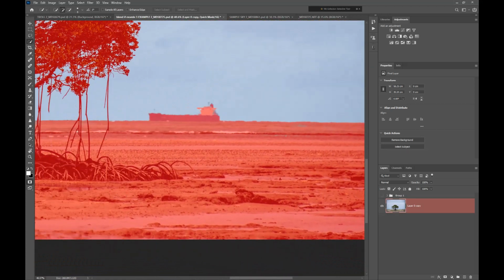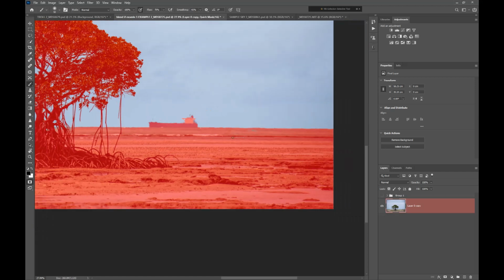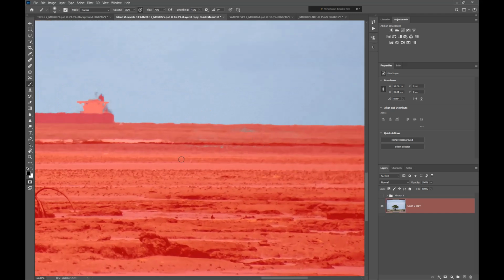So look, there's a very quick way to just pick up those couple of little spots, and while we've got this quick mask overlay in place, we can just simply go to our paintbrush, and again, using our square bracket keys, we can choose to paint on the mask, and we press X to make the foreground black and paint black onto the mask. The mask area showing in red is the area that is not selected, and I'm just going to pick up those couple of areas. There's a couple of areas here of the water that were not picked up,